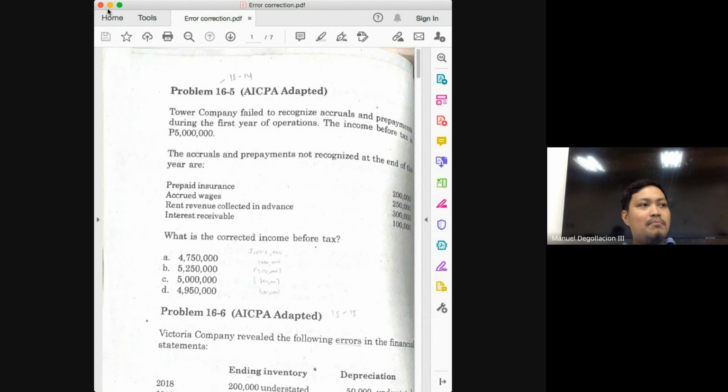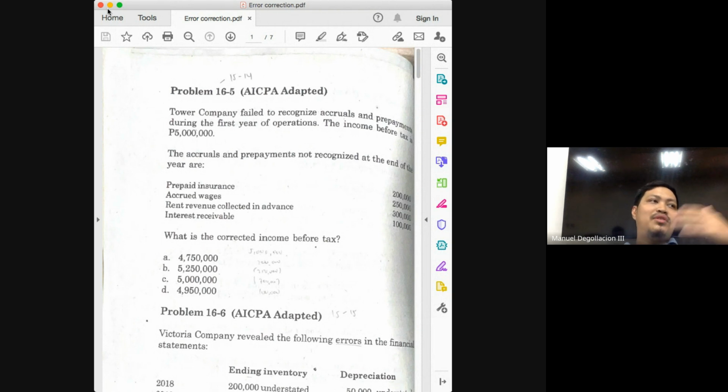Okay, but is payment the trigger point for the recognition of expense, class? No, it would be the use or the expiration of your insurance coverage. At the time of payment, the insurance has not yet expired. But again, accounting allows for the use of the expense method. But what will happen? If you do not make any adjusting entry, then your insurance expense will be overstated because you have recorded everything as an expense, and your asset will also be understated.